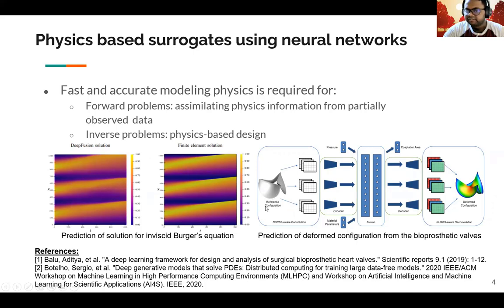In this case, you have a reference configuration of a bioprosthetic heart valve, and this reference configuration is then sent to a deep neural surrogate to obtain the deformed configuration of this bioprosthetic heart valve. So these are two particular applications we are showing of how neural surrogates have been used. But of course, there are a lot more applications which we have shown in the previous few sessions.